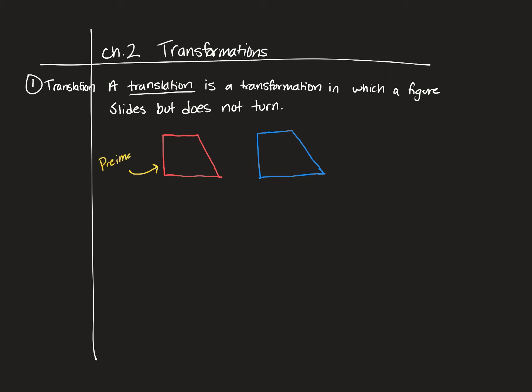All right, so if you remember, the original shape, the red shape in this case, is called the preimage. After a transformation is made, the preimage is called the image once it's transformed, either by translation, rotation, or reflection, or dilation. Here, what happened was our preimage slid or it just shifted